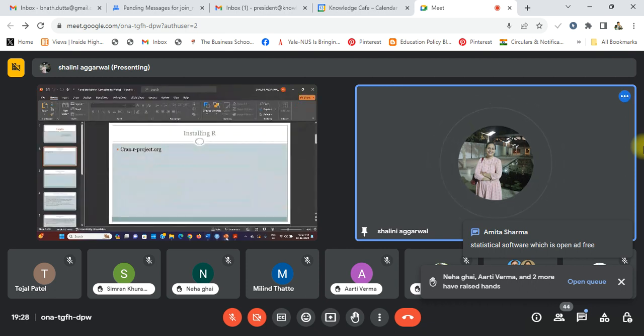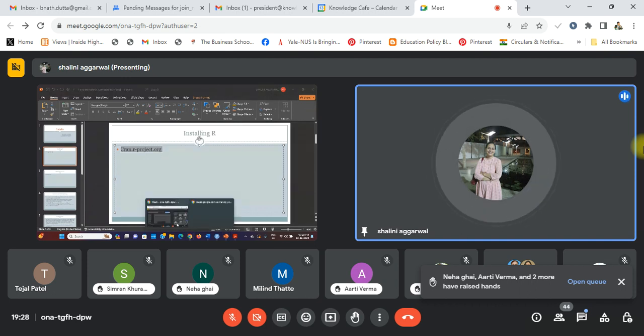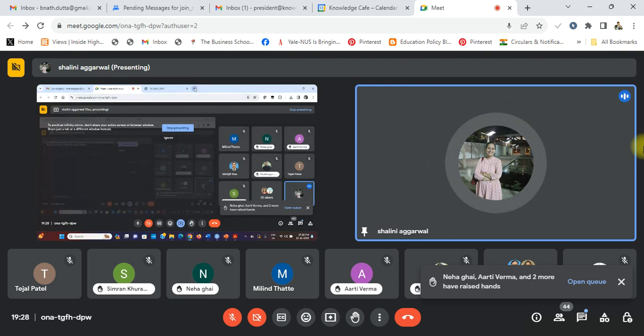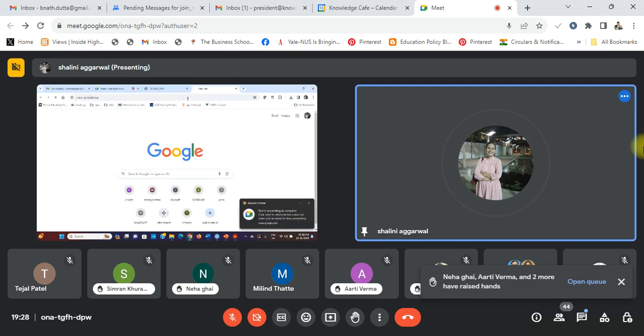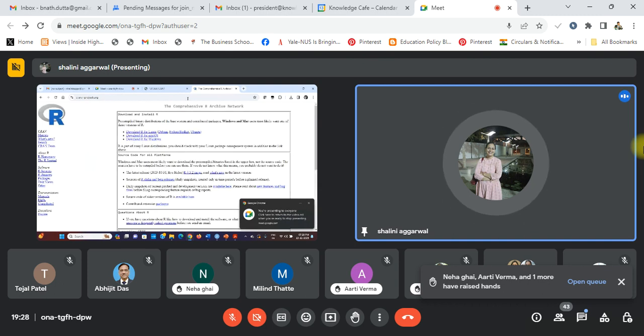So let me show you. There are two steps to install this R. First, you have to type this onto Google. Let me show you. You have to type it here: cran.r-project. So it is for Windows, download R for Windows. This is the first thing that you have to do, and it will start downloading if you click onto this, right? Once you have installed R,